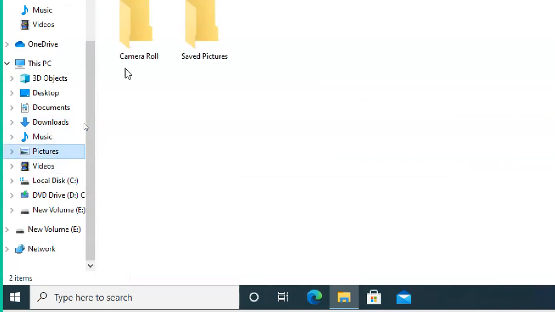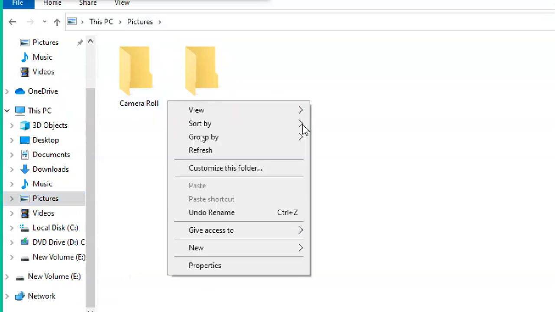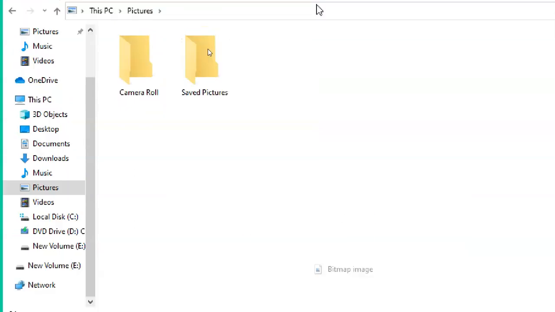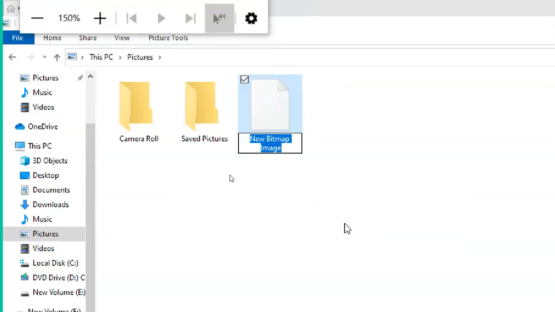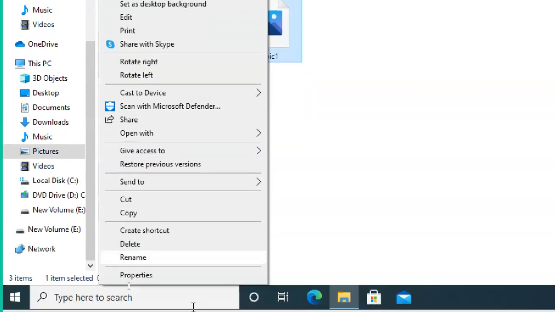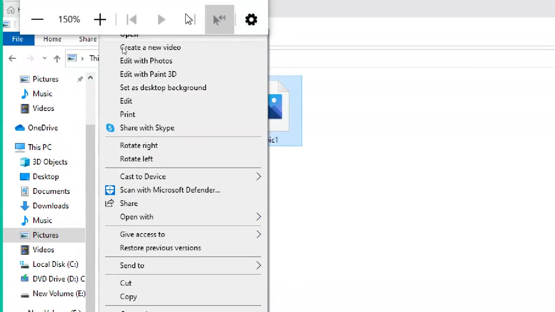Then I'm going to Pictures. Music and all, nothing is there. So I'm creating a picture in Pictures. Currently it does not contain anything. Otherwise, if you want to put something in it, you can put it, or drag and drop a picture from your desktop, which is also possible.